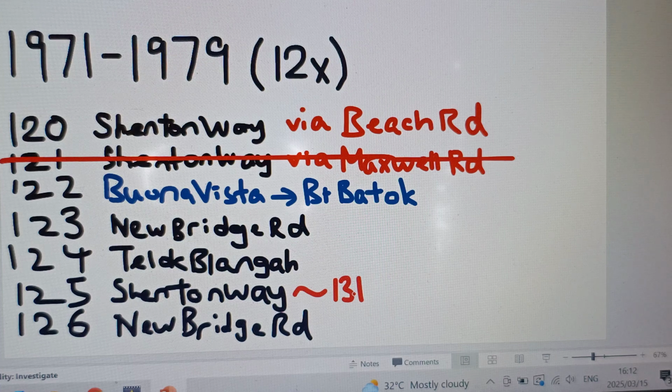It kind of became the present day 125 because it sort of absorbed the old service 20. Not really, but it got integrated with it. Because the old service 20 was like Sims Place, Aljunied Road, again from memory, Geylang Road, Lorong 1 Geylang, and then it looped that inside